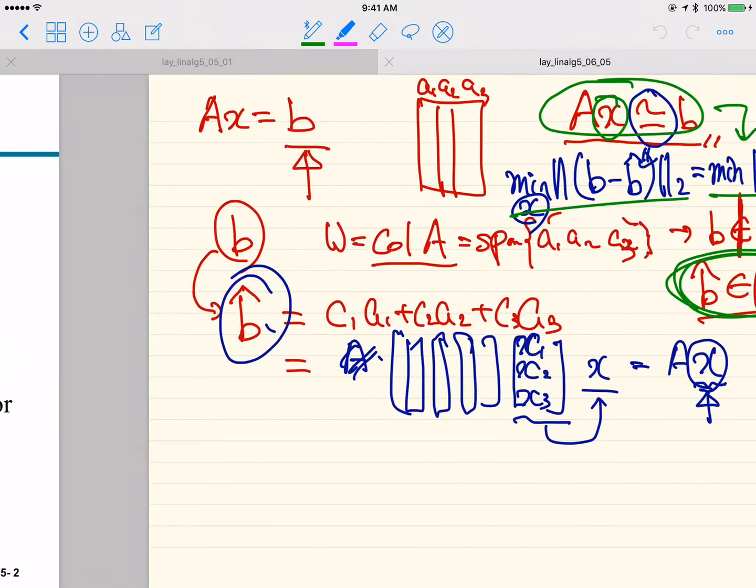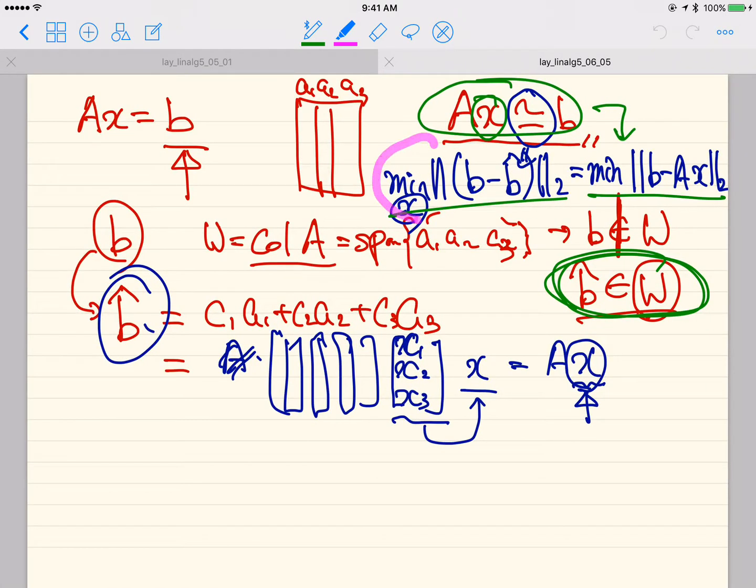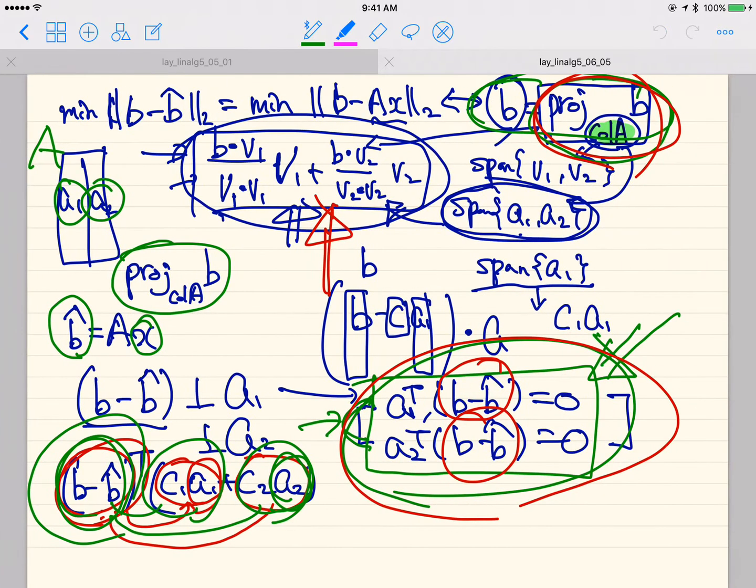By changing the linear system into this minimization problem. And the main point of what we learned last time was that the solution for this minimization problem is the same as, you guys remember the normal equation that we learned last time. That normal equation is composed of